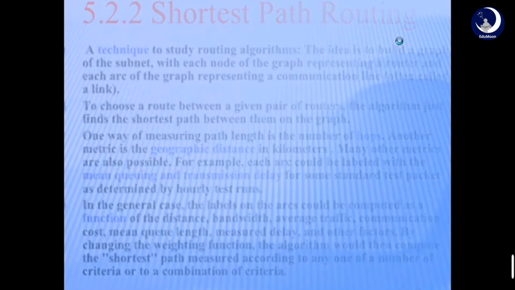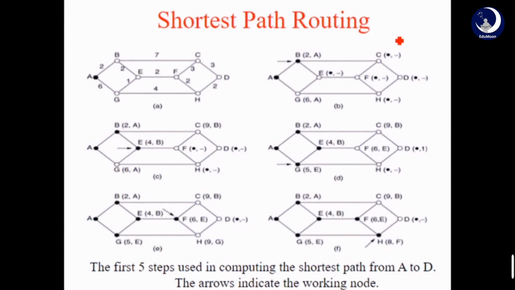Let's consider this example where we need to transfer the data from the node A to the node D. A has two adjacent nodes, which are B and G, out of which it has to select the minimum path. Here you can see 2 and 6, these are the costs. As the cost between A and B is less, which is 2, it selects this path. Then next B has E, C as the adjacent nodes. So it checks the minimum distance. Here it's 7, here it's 2. So as the cost of B to E is less, it chooses this path.